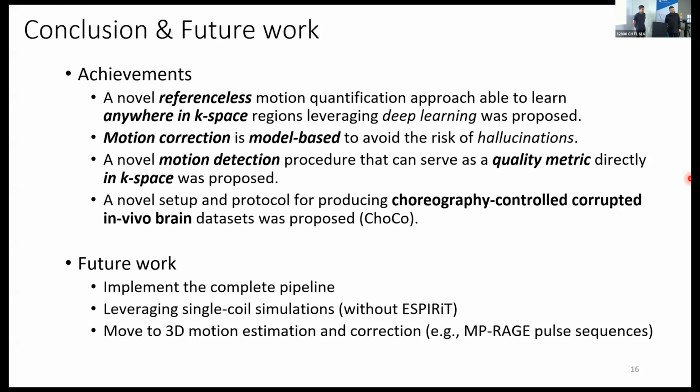Mm-hmm. And I see Joe raised his hand, but I just have one more question. Sorry. So how does this work with acceleration? So under sample data, do you first reconstruct the image using the coil sensitivities, and then you Fourier transform back to have some kind of full k-space? I think you're... Actually, we did not use acceleration here. Okay. The coils are full. I mean, it's the full data.